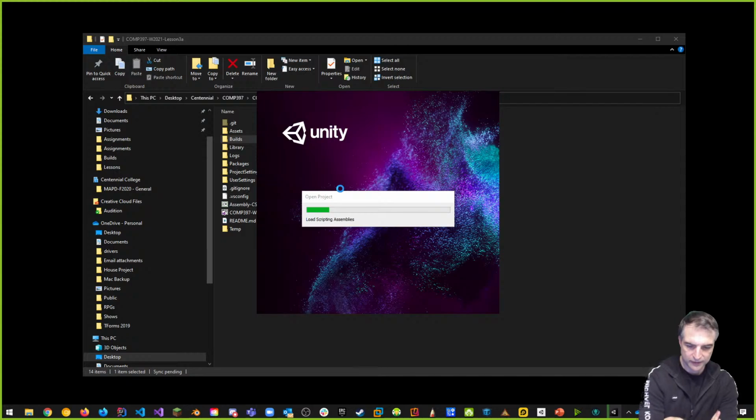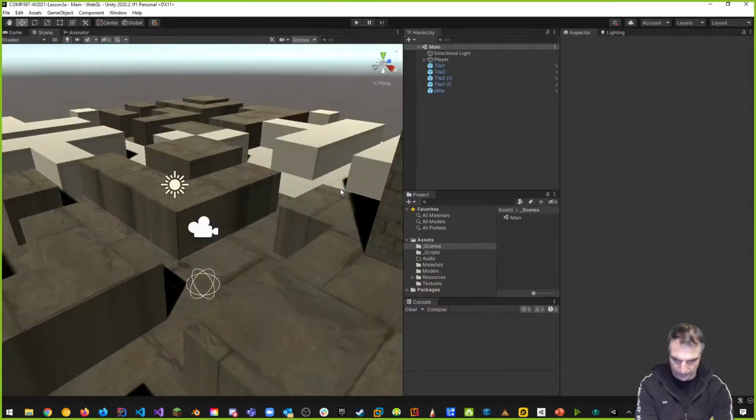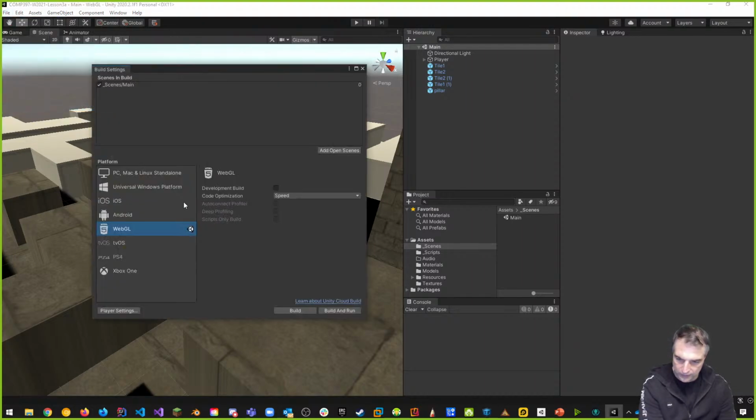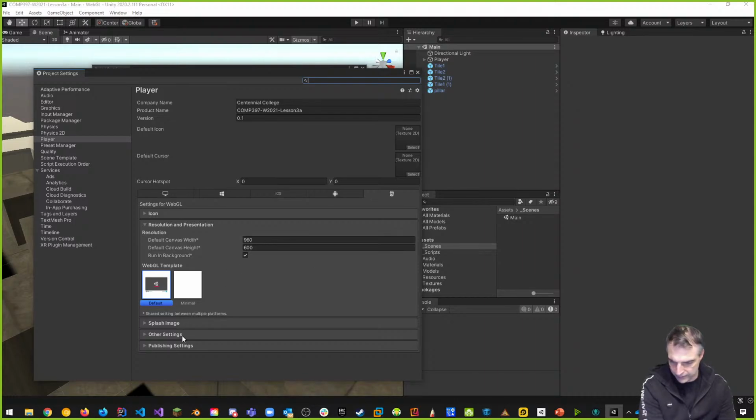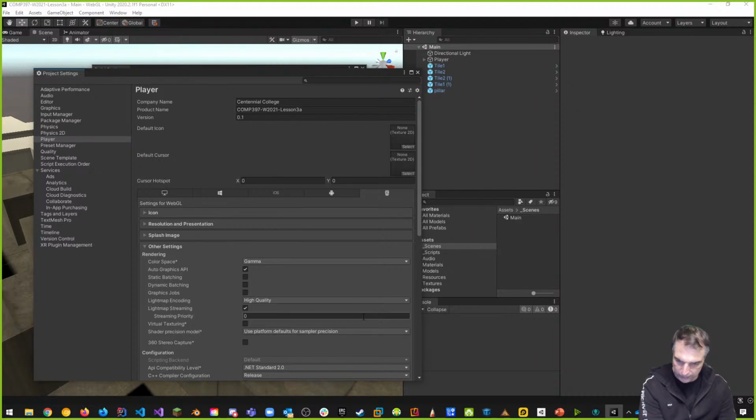Yeah, compression is a real issue sometimes. So let's disable that as we go forward, because otherwise, with compression, some browsers, the way it sees things. Let's do it again. So we'll go File, Build Settings, and we're going to go to Player Settings. And on the right, we're under Other Settings, right? If I'm not